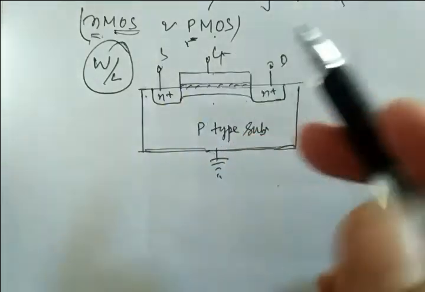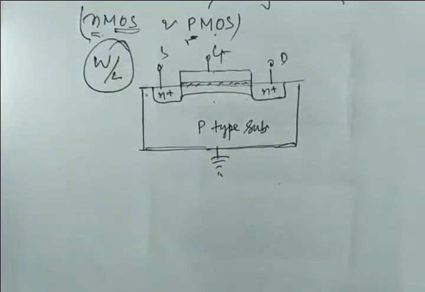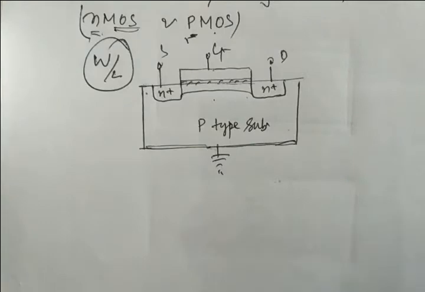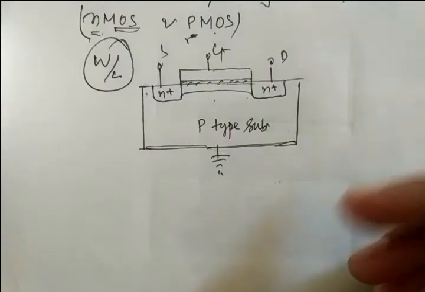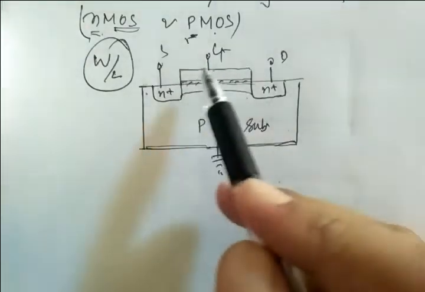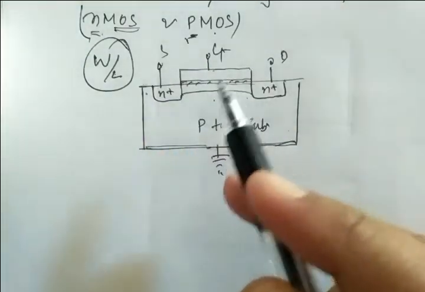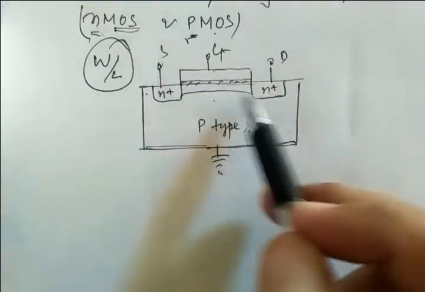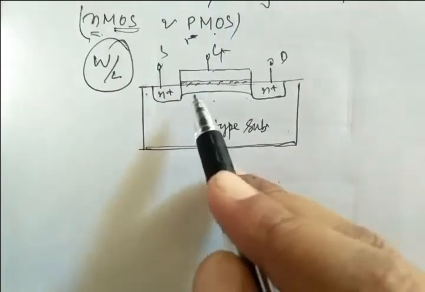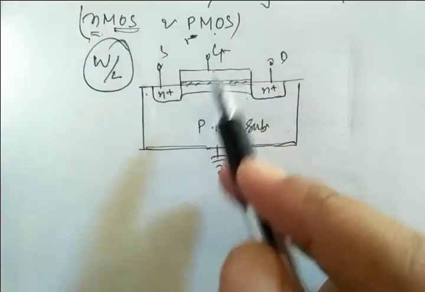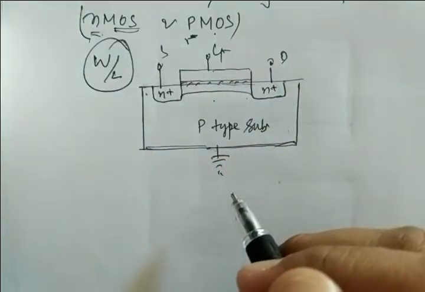This is the gate terminal, and whenever we see the IC physically, there are metal contacts, because without them you can't apply the supply voltage. That's why we have to use some metallization at the end of the process. Now, these two n+ regions are the current conducting terminals of this device, because we all know the current flows from this to this. A conducting channel is usually formed through the applied gate voltage. We all know that, because the gate is our controlling parameter.